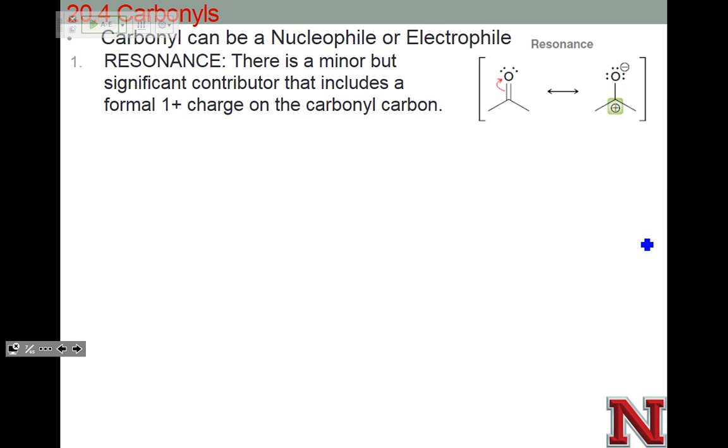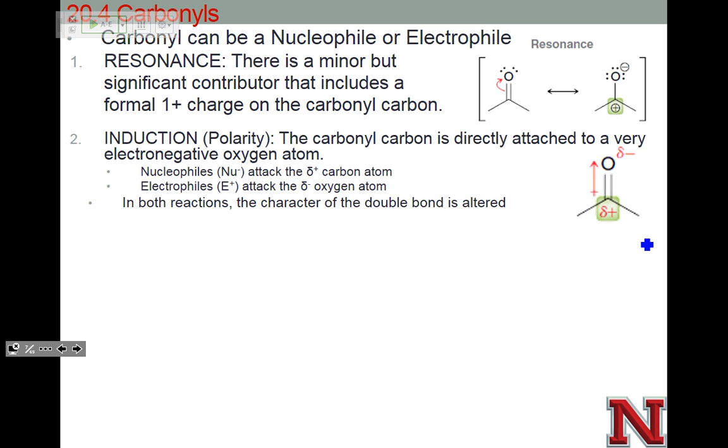And we've already looked at these specifically for 2 reasons. We've looked at this group for a nucleophile like a Grignard reacting with it. And we've looked at this with a nucleophile with a hydride reacting with it. But we're going to look at more nucleophiles, and we're going to look at what happens if you put an electrophile in there. So we're going to look at both. Induction also agrees with our resonance structure where we have a pretty strong partial positive and partial negative charge. So both of those agree that carbon is an electrophile, but that oxygen can act as a nucleophile